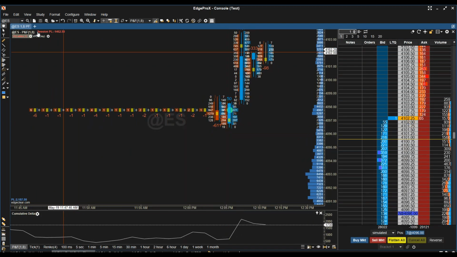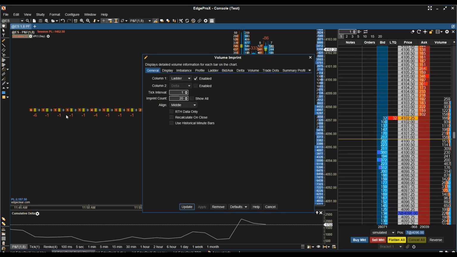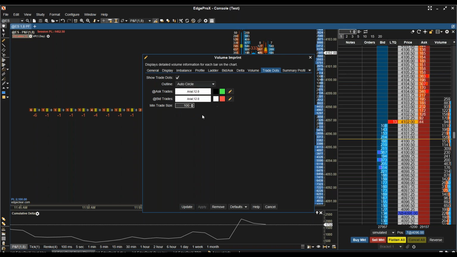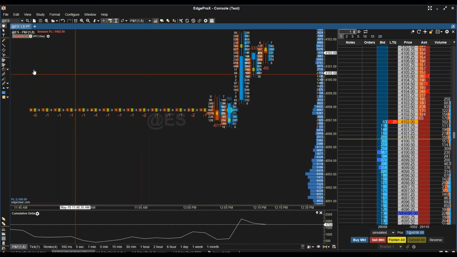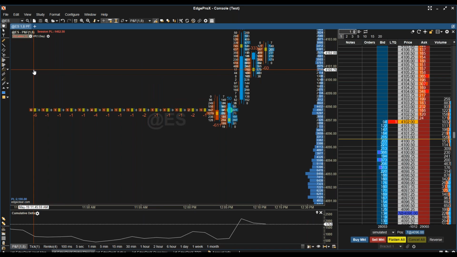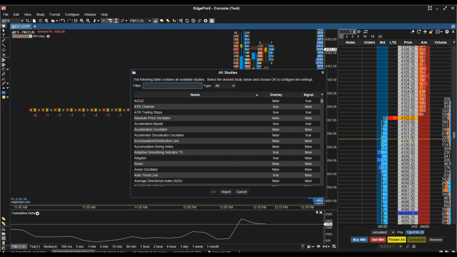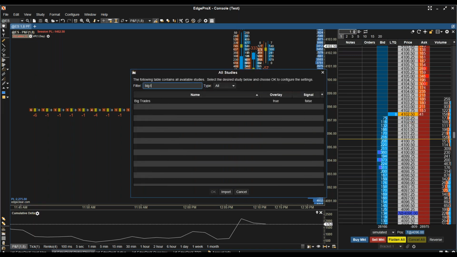If you go into the volume imprint and you don't see these trade dots, this is one way to do it. Another way you can add in big lots, or just see large lot orders, would be an indicator that we have called big trades. So if you add this to your chart,